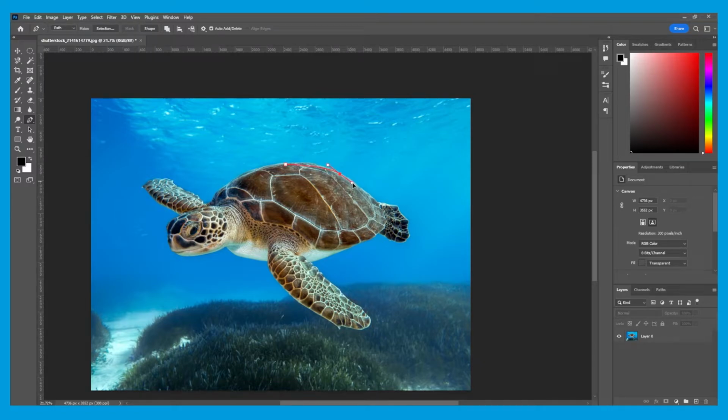And if I slightly drag, 2 direction points will appear. These are basically just guides and give you an idea of where your next line will appear. And if I drag and create a curve, following around the turtle shell and let go, it's made an anchor point. I'm going to follow along the turtle shell again,